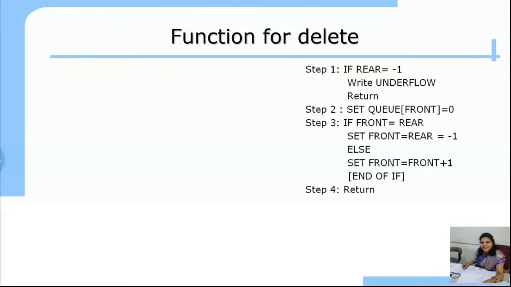Let us convert this algorithm into the function. So this is the function name, void del. We cannot take the function name as delete, because delete is a keyword and we cannot use a keyword as a function name or variable name. You can write anything; I write the function name del, and we are passing only the structure variable queue. We can't tell what element you want to delete, because queue follows first in first out. So the element which is at the front side will automatically get deleted.